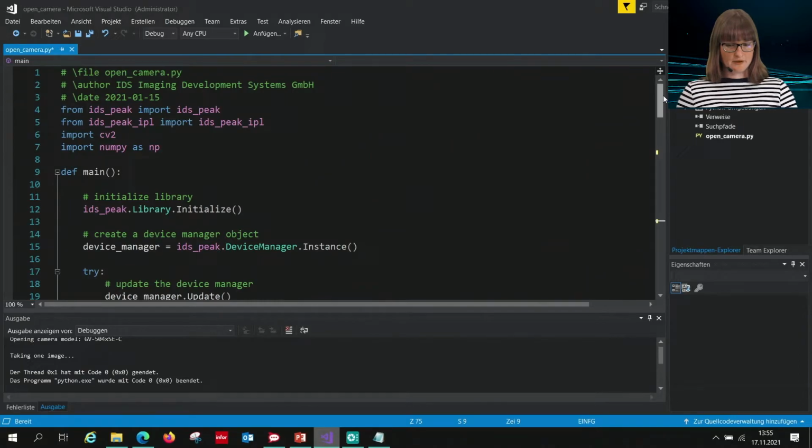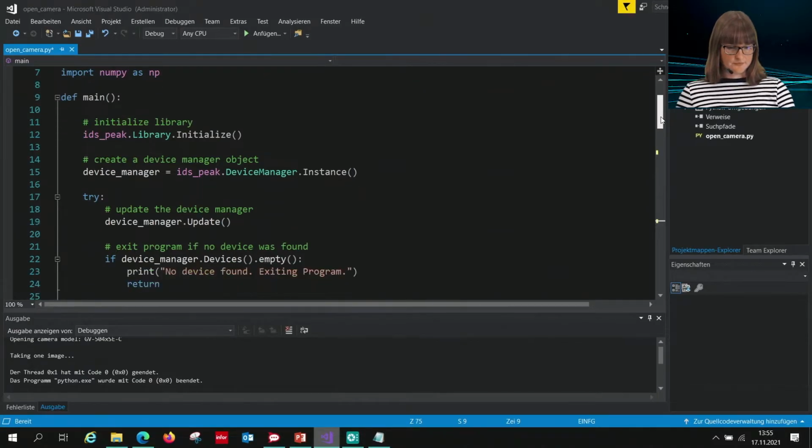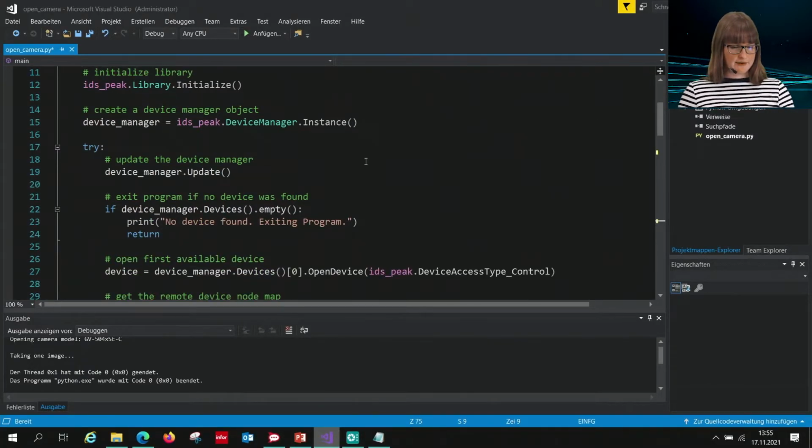All right. To use the IDS-Peak library, we first have to initialize it. Afterwards, we can create a device manager object, because the device manager gives you an overview of all available devices and helps you finding the device you would like to open. After updating the device manager, and of course, asking if there's even a device to find.